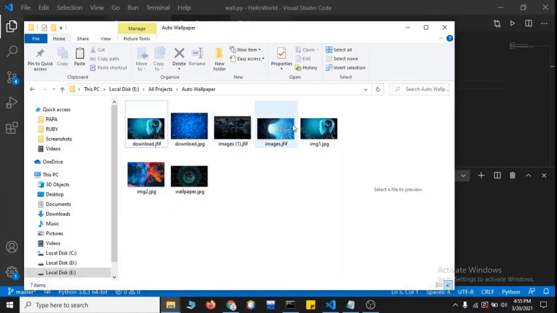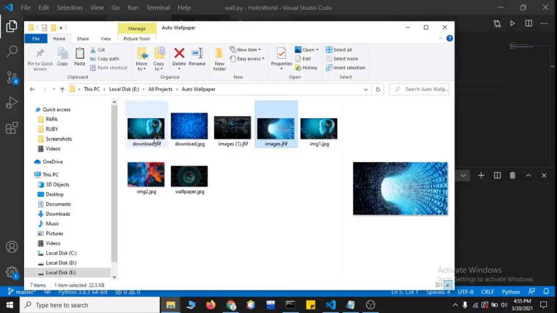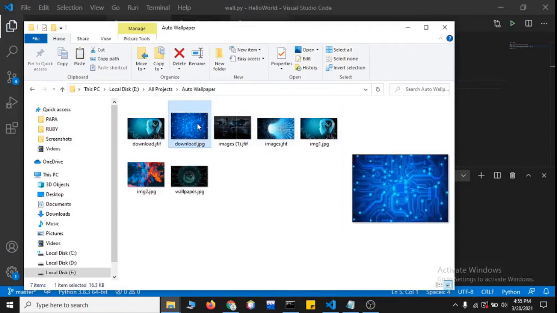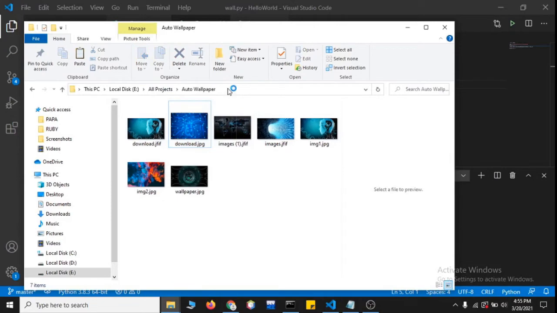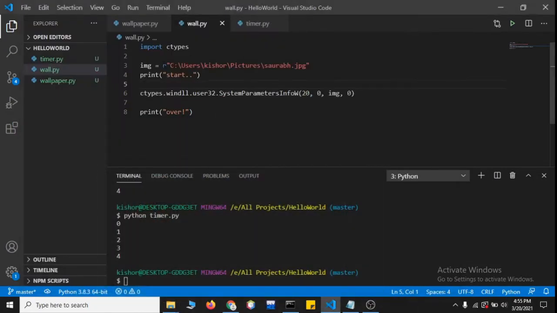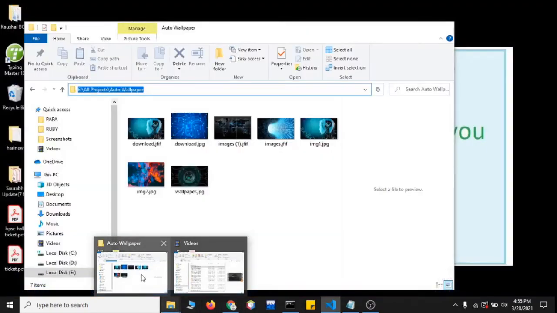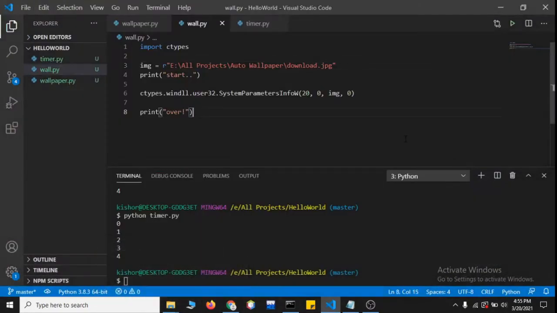I go to this folder and take this jpg image, download.jpg. I'll grab the folder location and set it here. The image name is download.jpg. I hope it's correct, and yes, that is the correct one.